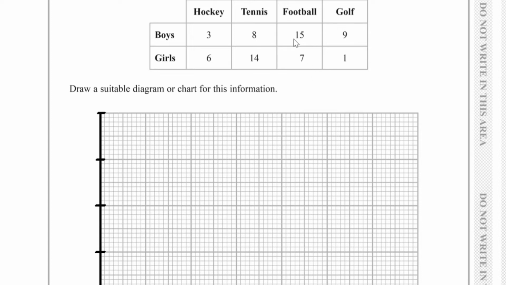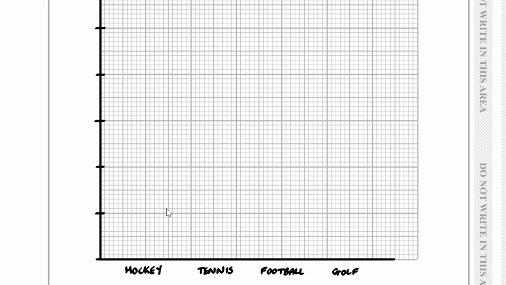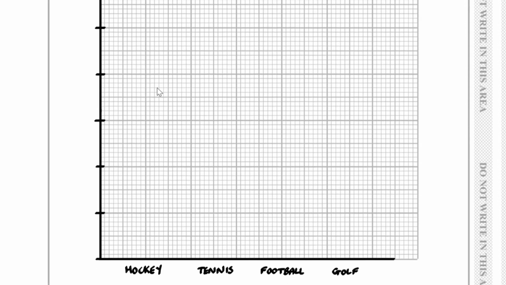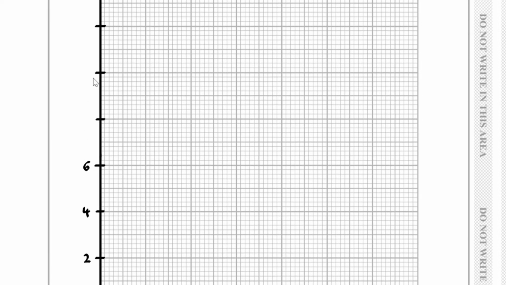Now, adding on our vertical scale, well, the biggest number we've got is 15, and we've got here 1, 2, 3, 4, 5, 6, 7, 8 full squares. Now, each full square can represent 2. So if I start off at 0 here, we've got 0, 2, 4, 6,